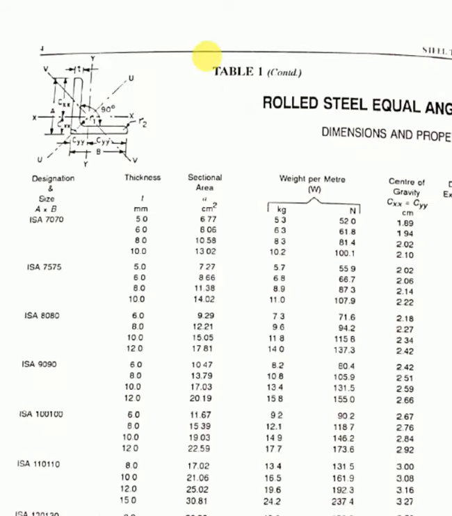Now see, this is Table 1 of your steel table. Here, this is the single angle strut. We'll consider the sectional area, and we'll take an area greater than 18 centimeter square. See this, this is 20. We can take this section. So let's take ISA 90-90-12 such that the area is 20.19 centimeter square, and if you convert it to mm, it will be 2019 mm square.